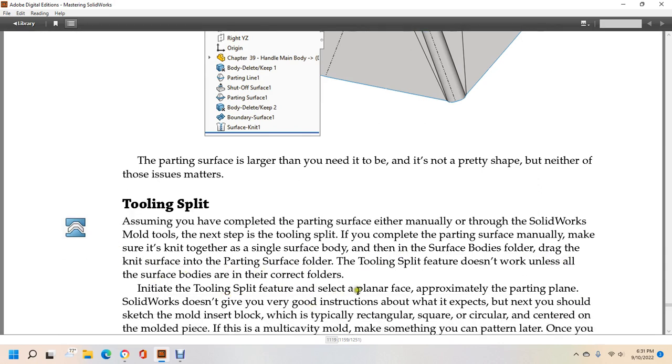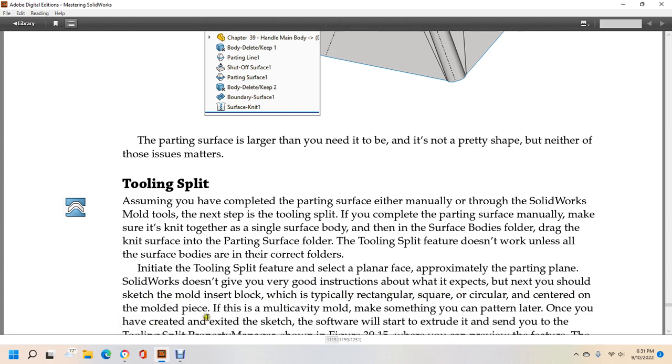Initiate the tool splitting feature and select the plane of your full face, approximately the parting plane. SolidWorks doesn't give you very good instruction about what it expects, but next you should sketch the mold insert block, which is typically rectangular, square, or circular, and centered on the mold piece. This is a multi-cavity mold, so make sure it's something you can pattern later. Once you have created the sketch,